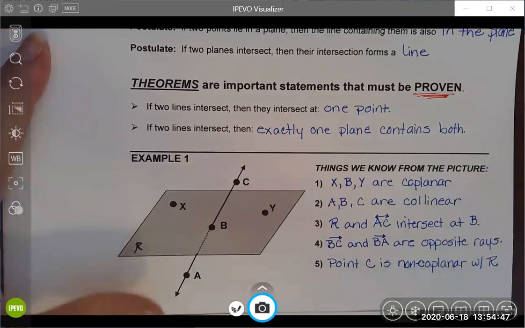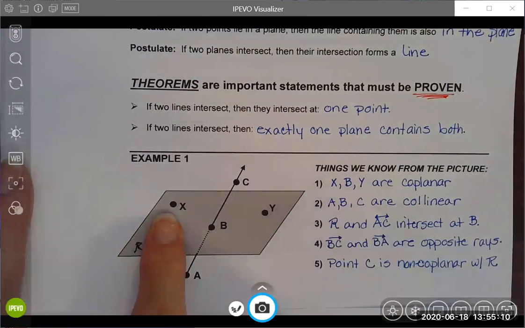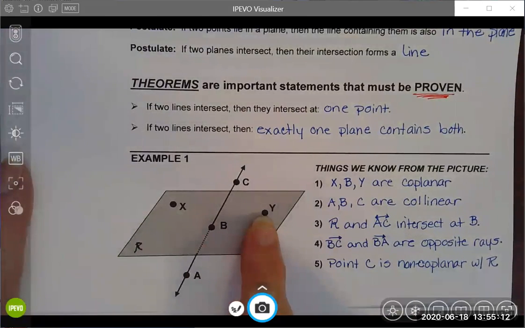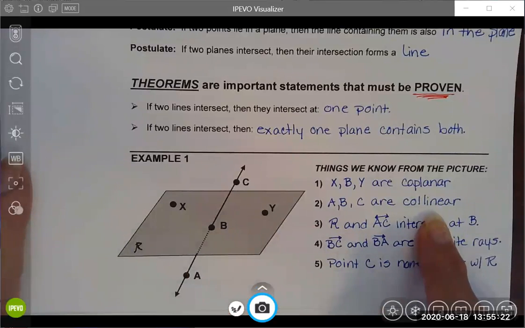I've got a picture here, and I'm just trying to surmise some things that I can figure out from looking at this picture. Be careful when looking at pictures, folks. We don't want to assume things, but we also want to remember that our postulates and theorems allow us to talk about more than what's shown. Okay, but just looking at the picture, I noticed that X and B and Y are non-collinear points that live in the same plane, plane R. So they are coplanar. I noticed that A, B, and C all live on the same line, therefore they are